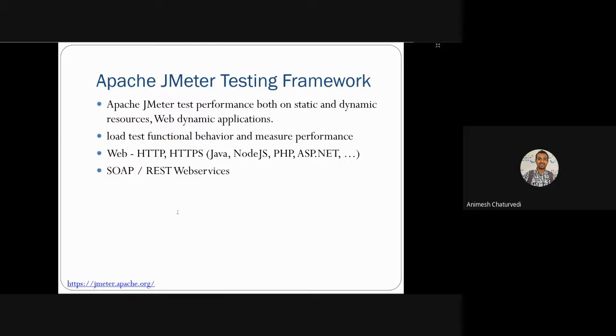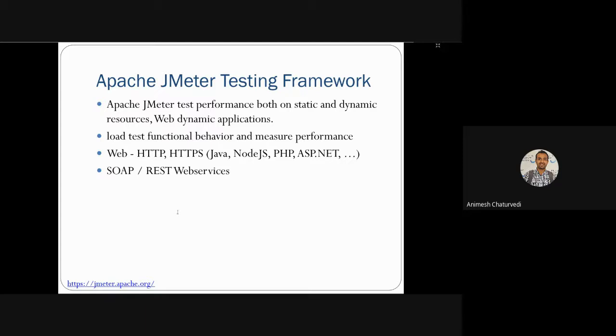Then you have the Apache JMeter testing framework for testing the performance of static and dynamic resource management. That is, what the response time is, and what the output is for a particular input. These types of things are done with JMeter.